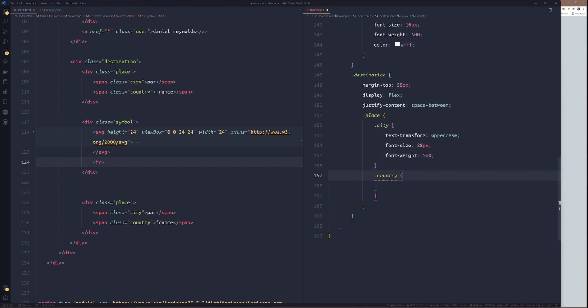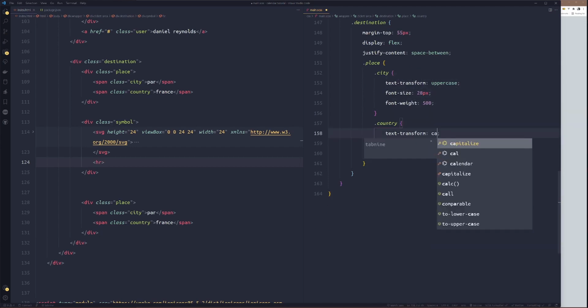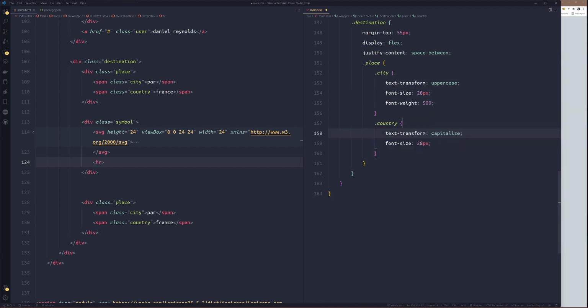Then for the country, we will likely do same thing. Text transform capitalize, font size should be like 13 pixel.